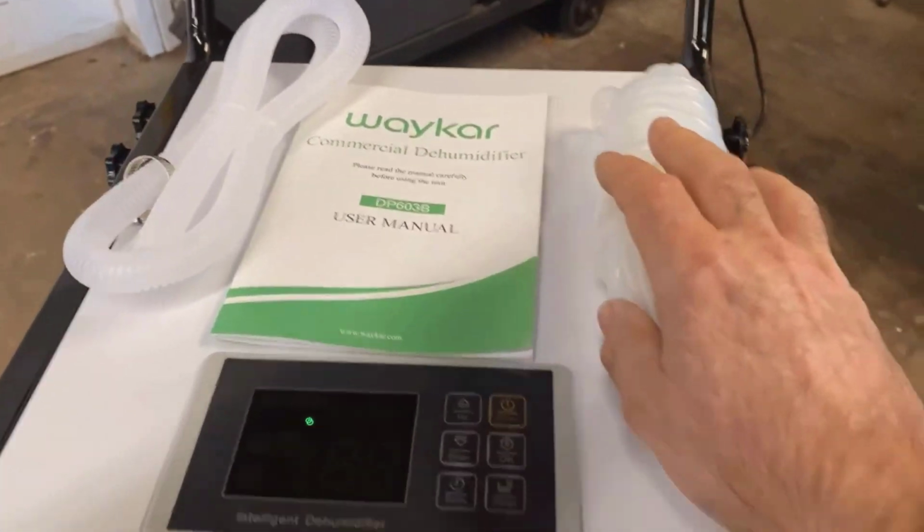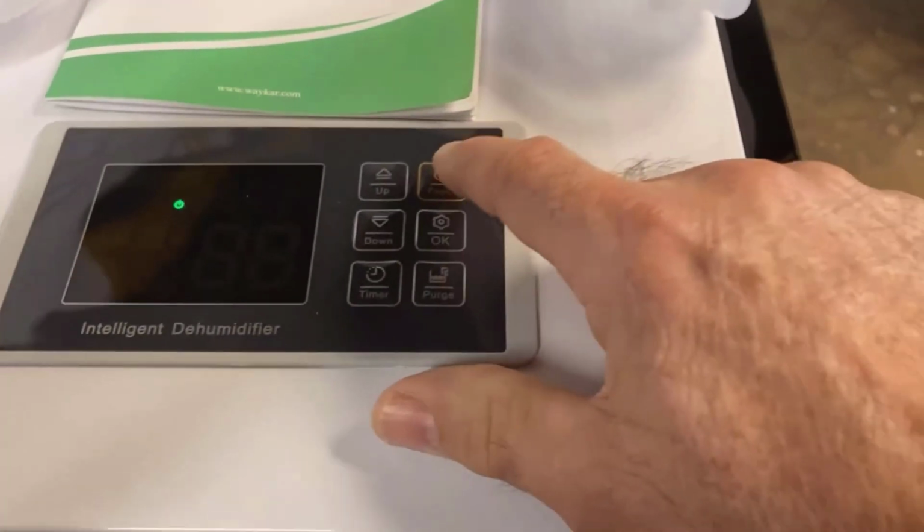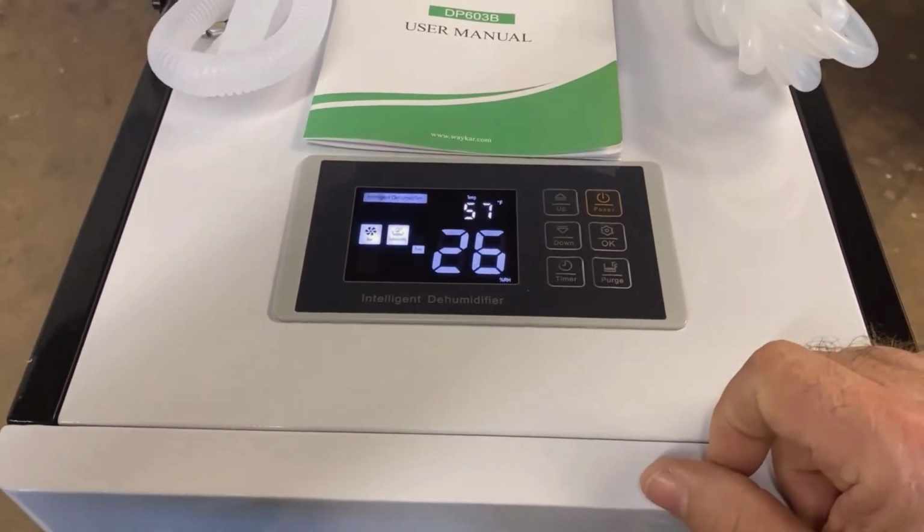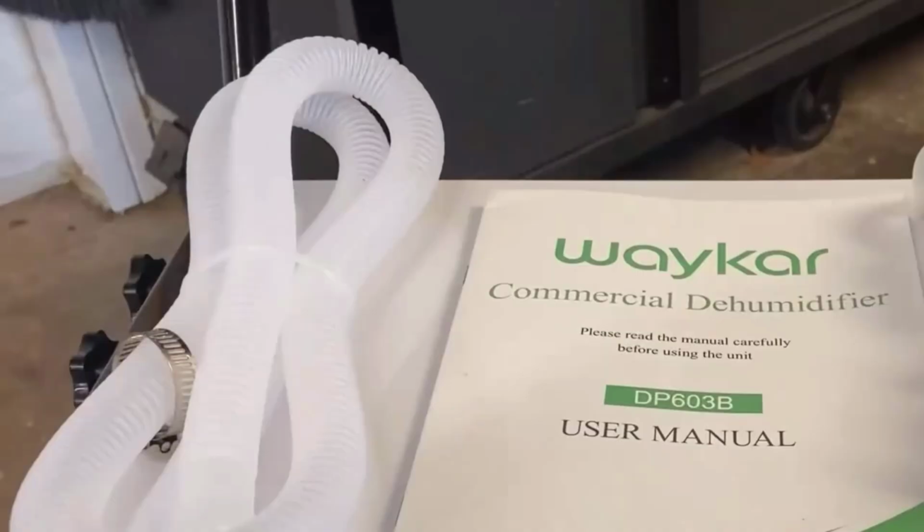Also, with a product this heavy, moving it between floors or up and down stairs is pretty challenging for one person. I'd recommend keeping it on one floor or getting some help if you need to move it around a